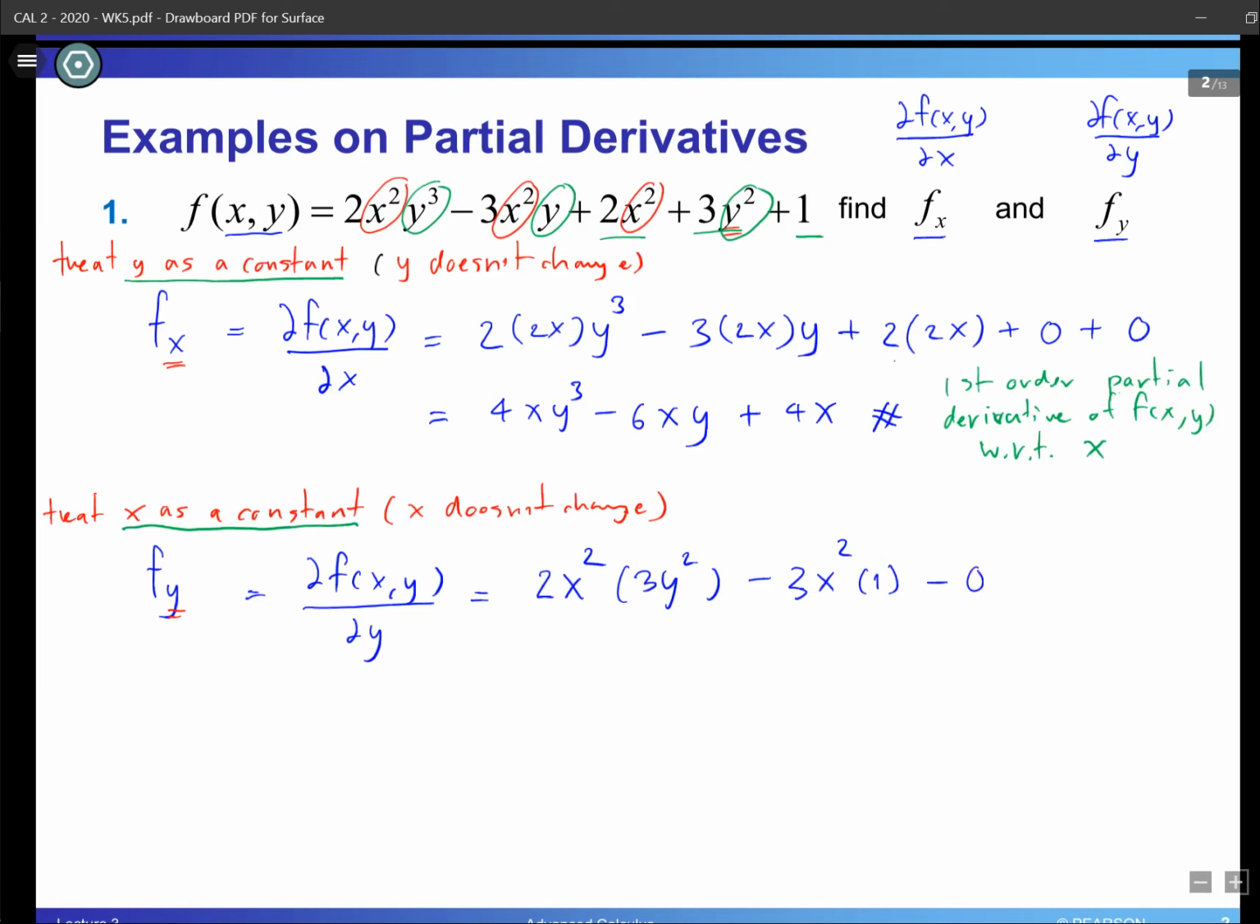Now next term we have this 3y squared. So 3 stays the same. And I diff y squared, I get 2y. And the last term I have this 1. I diff that with respect to y. A constant becomes 0 here. Now let's work out all these terms. We have 6x squared y squared minus 3x squared plus 6y. Alright, and that is the answer for fy, which is the first order